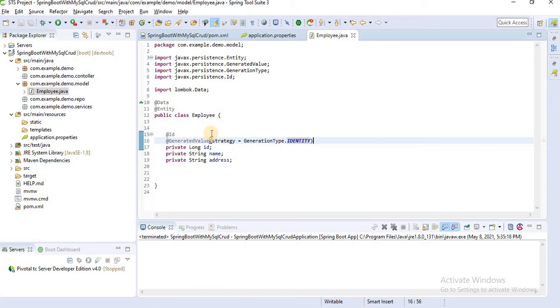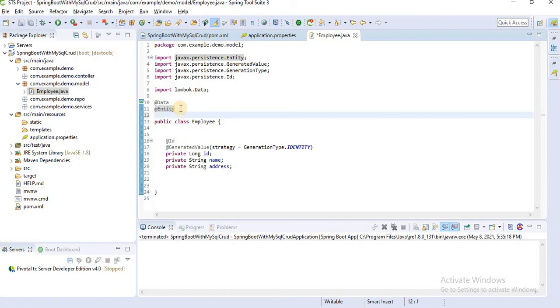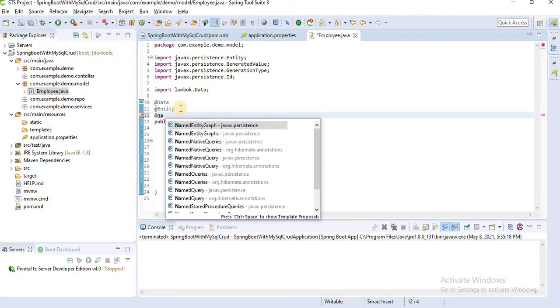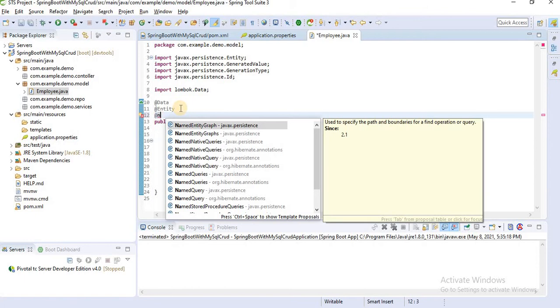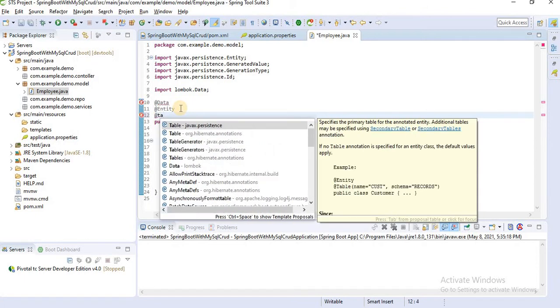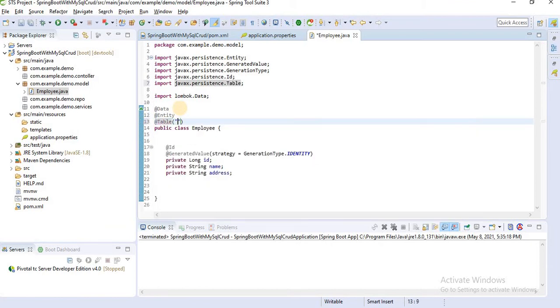We have successfully created our Employee class. We can also define the table name with @Table. If you want to change the table name, you can define it there, like employee, but for the time being we are not using it.